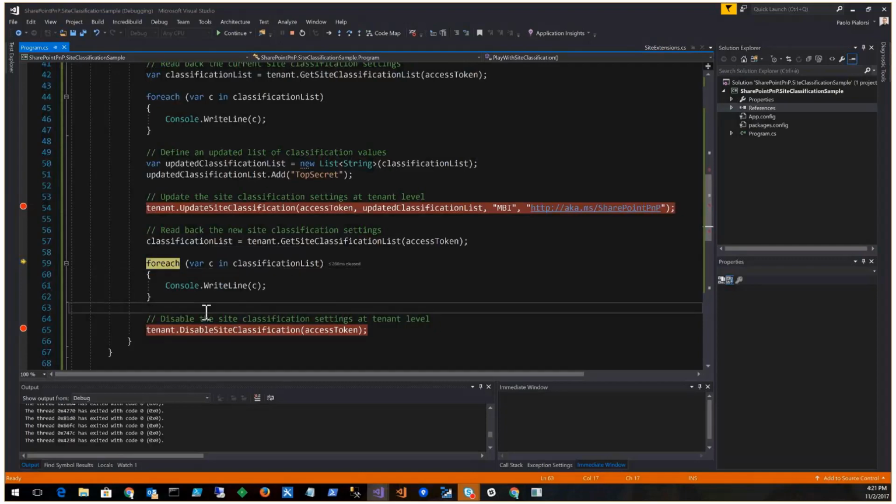Last but not least, of course, I can go through all of them, but I can also disable the site classification if I want. I will simply have to provide an access token, and the extension method will do the graph calls for me to remove all of the settings from the target environment. Just to give you an idea of what we do under the cover of this method, we have the tenant